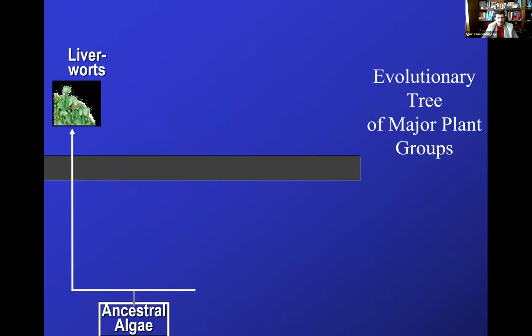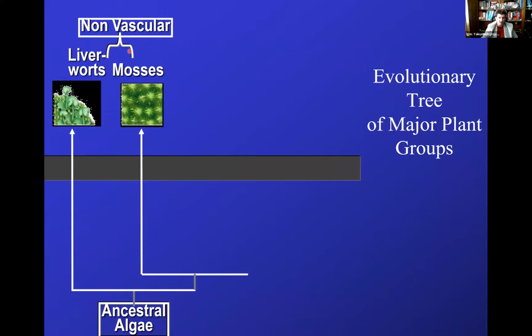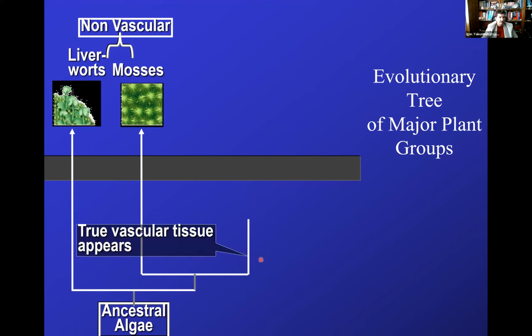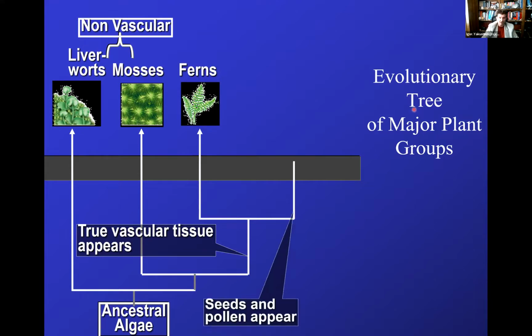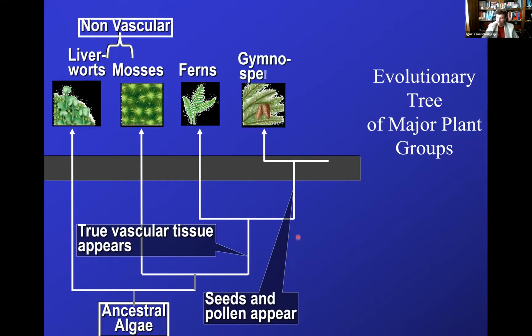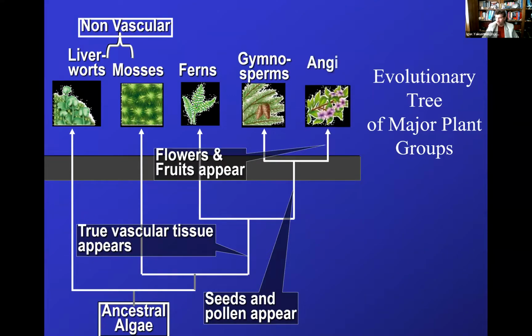So here we have the ancestral algae. Remember, green algae, right? Charophytans give us liverworts as well as the mosses. And all of those are considered to be non-vascular plants. And then we ended up forming the vasculature. The plants come up with the transporting system, and we ended up with seedless ferns and such. And then we ended up with the seeds. And from the seeds, again, dichotomous. So we're looking at the derived traits, gymnosperms, and finally angiosperms, right?